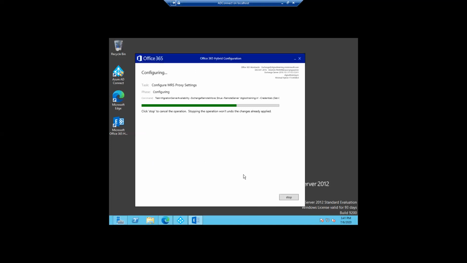It will take some moment. It is checking the MRS proxy settings and trying to connect to the domain. It will take a moment.